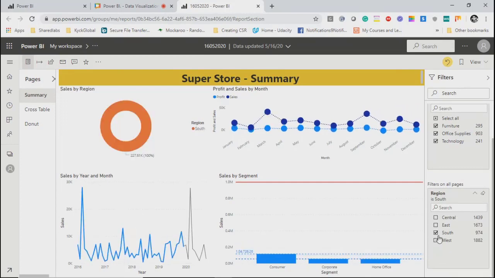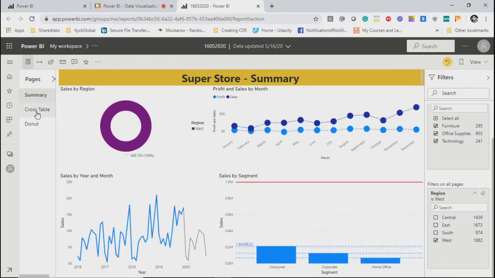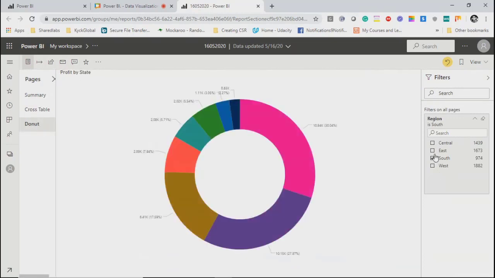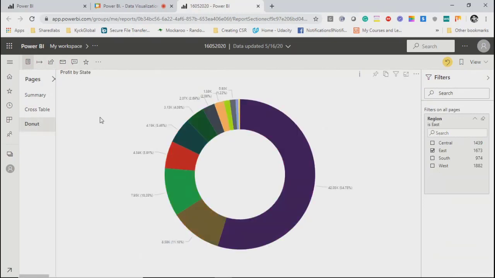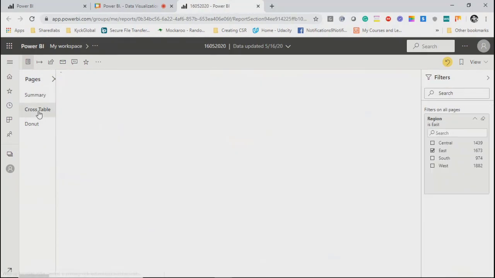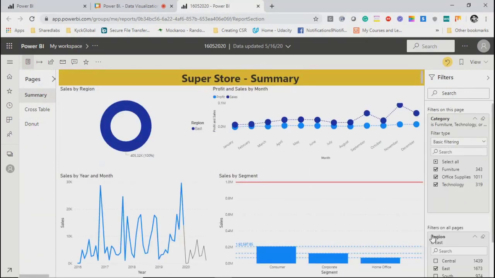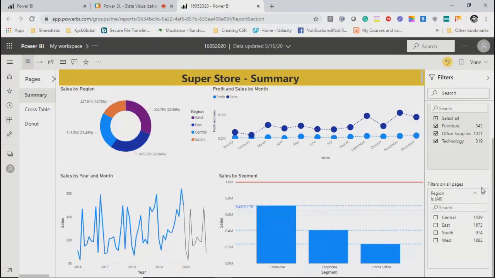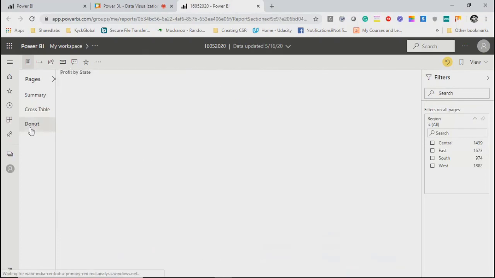You can collapse, change. So that is how your filters are working on the web UI. And of course, parameters are not here, so you cannot see them or do anything.